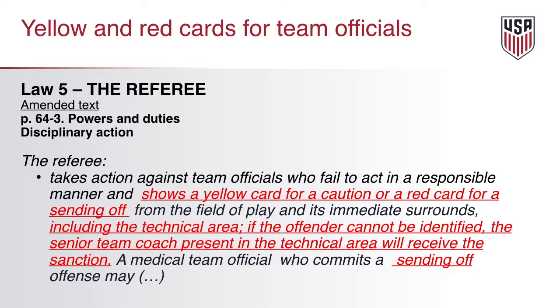Yellow card and red card for team officials. Law 5, the referee. The referee takes action against team officials who fail to act in a responsible manner and, the amended text says, shows a yellow card for a caution or a red card for a sending off from the field of play and its immediate surrounds, including the technical area. If the offender cannot be identified, the senior team coach present in the technical area will receive the sanction. A medical team official who commits a sending off offense may